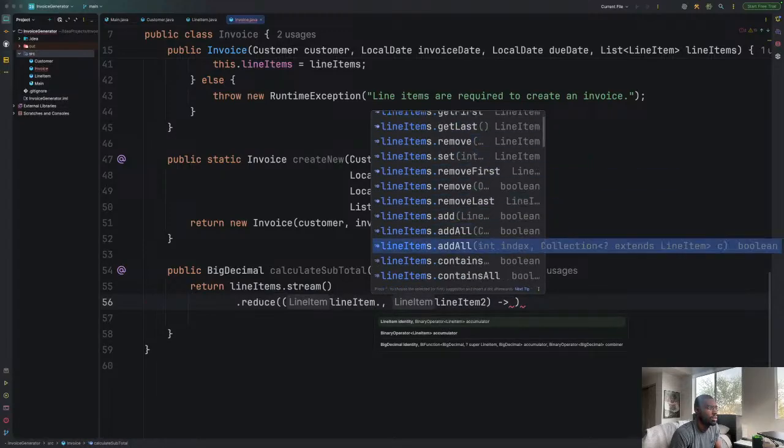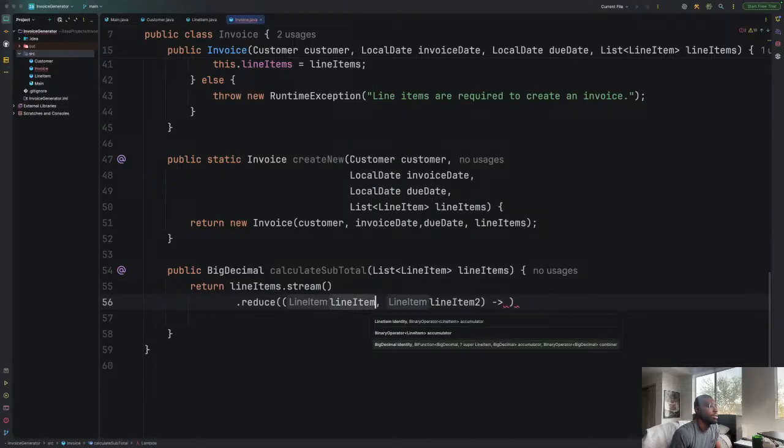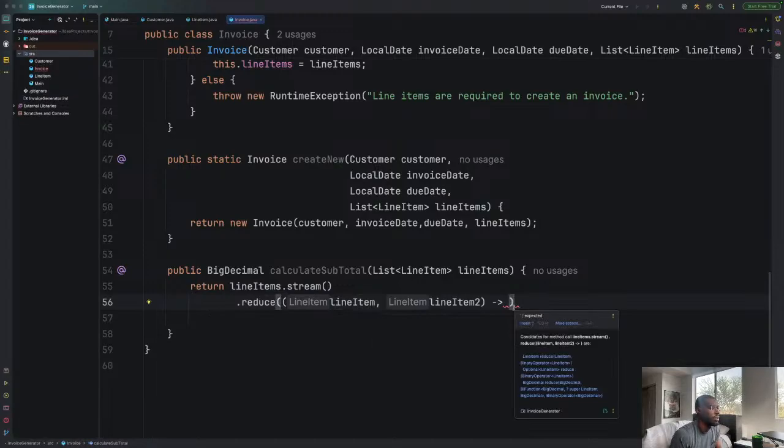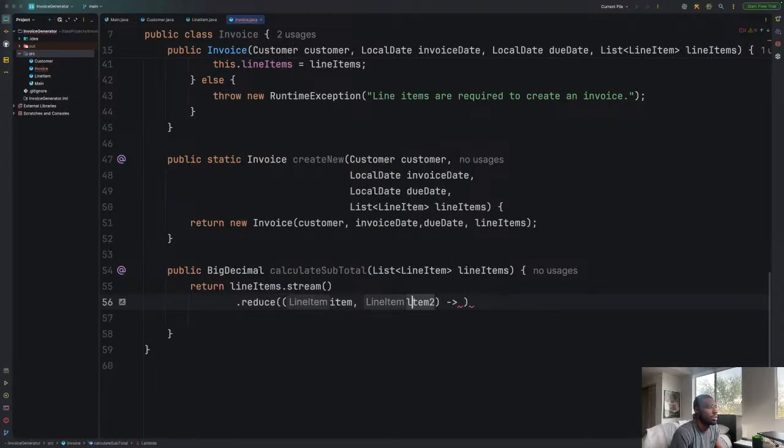I can't. So can I do, let's just do item 1 and item 2, and then